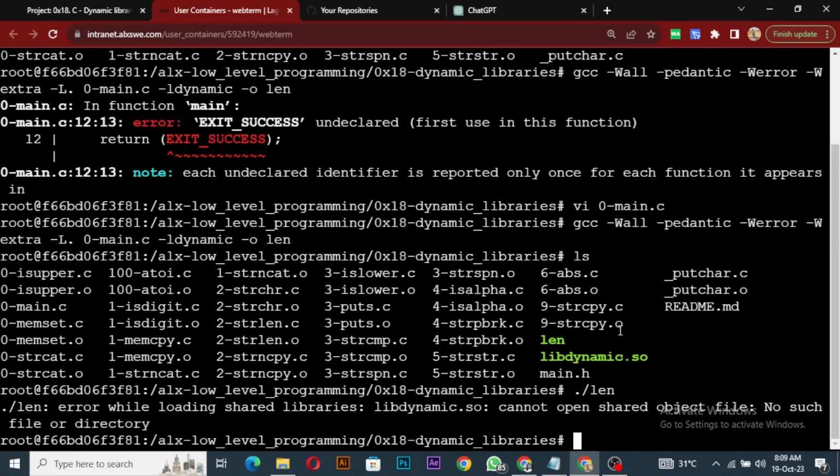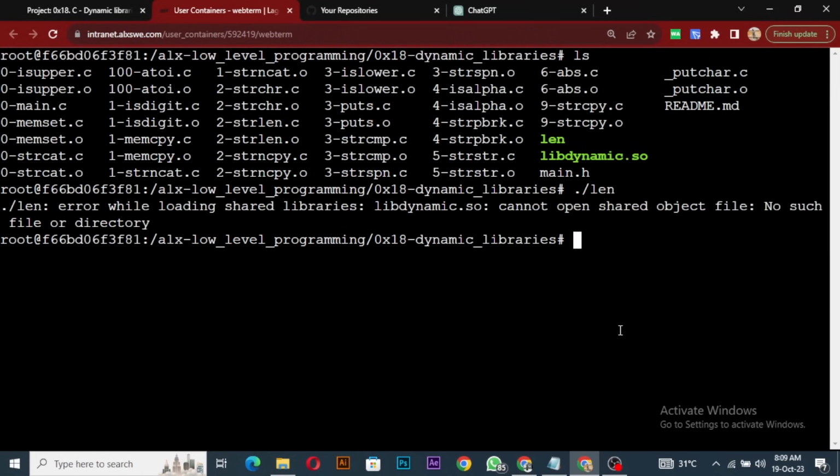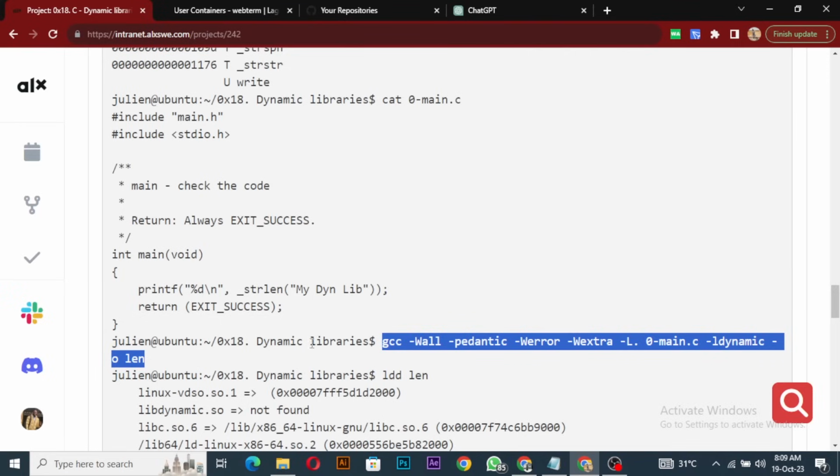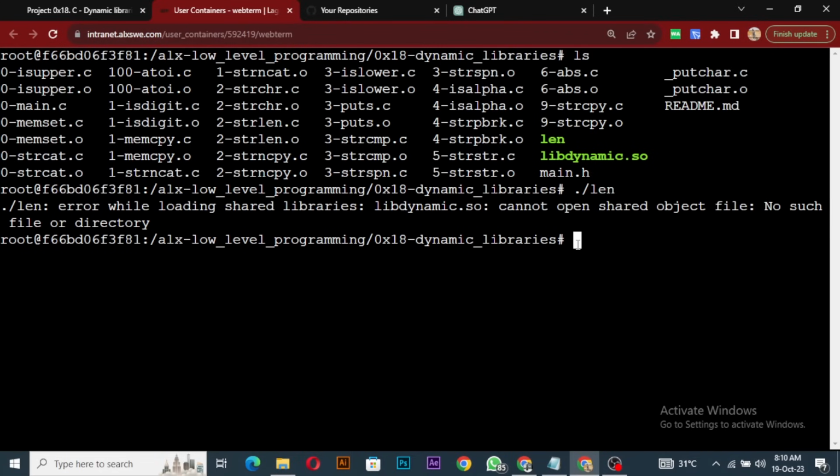wait, error while loading shared library, cannot open shared object file. There's probably a mistake somewhere. Okay, so let's try again. Let's see. ldd len. Okay, yeah, true. We'll still have some issue, we are not done. So we'll do ldd len, and